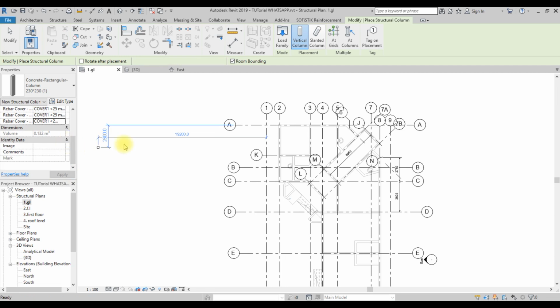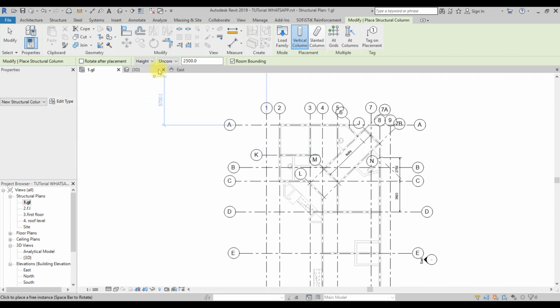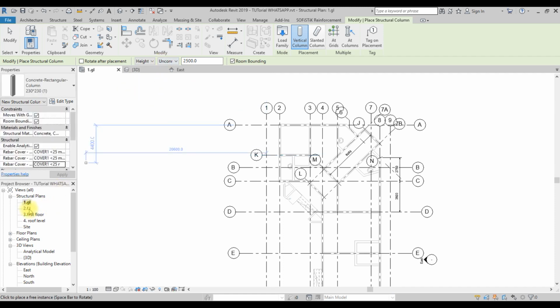Just click on apply. If you want to apply this column, we are going by height because I'm starting from the ground level to the first level. If it's on depth, you have to change it to height. Then what level are you connecting to? I'm connecting to this second level, which is FL, this number 2. So that is from 1GL to 2GL.